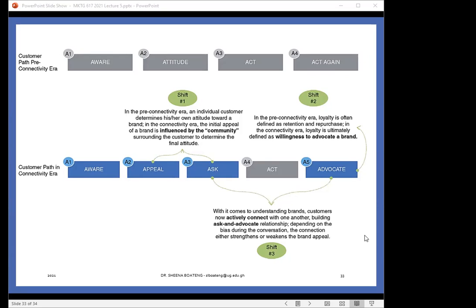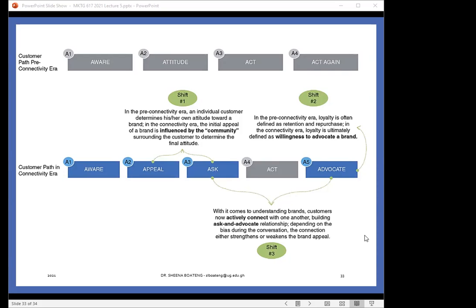True. In the pre-connectivity era, without the internet, you could only ask a few people about the possible list of brands that can satisfy your need and whether or not they have had experiences, right? But in the current era of connectivity, the world is your oyster. You can sit in Ghana and talk to customers who have had prior experiences with specific brands of products and services from all over the world. And you can connect with these people at different times on various platforms. And it is on these same platforms that the advocacy also takes place,